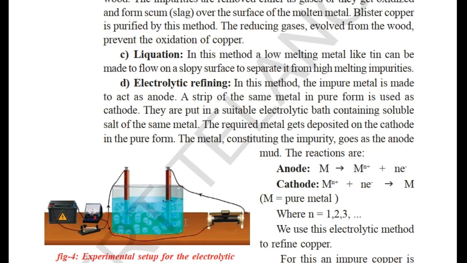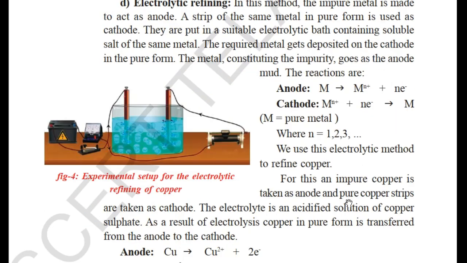Just now we have seen the electrolysis method for highly reactive metals. It is the same, but they will be using different rods. In this method, the impure metal acts as the anode, and the cathode is pure metal. Suitable electricity is used here. The required metal gets deposited on the pure metal cathode rod. The anode has impure metal, and the cathode becomes pure metal.